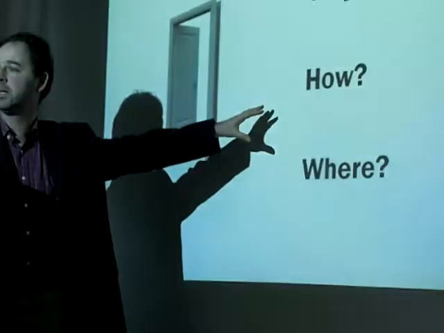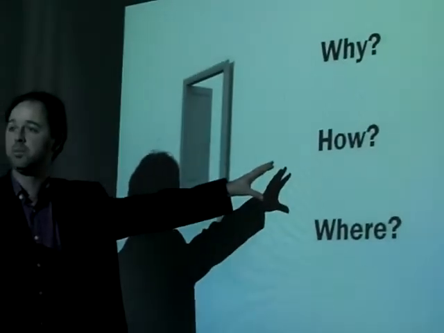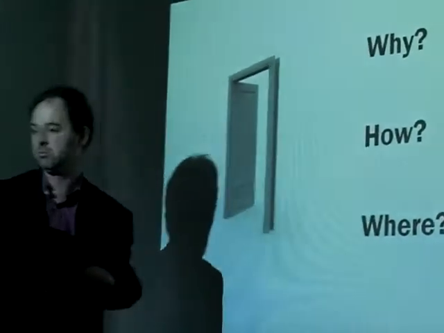So I've divided the talk really into 3 general areas. It's going to be a bit of a grab bag, but that's the kind of division. So why do we want to make our science more open? Why do we want to make it more available? What are we doing? How are we doing it? What are the tools we're using to do it thus far? And where do we see it going in the longer term? But before I get too far into that,